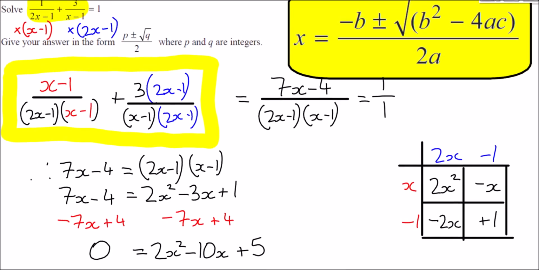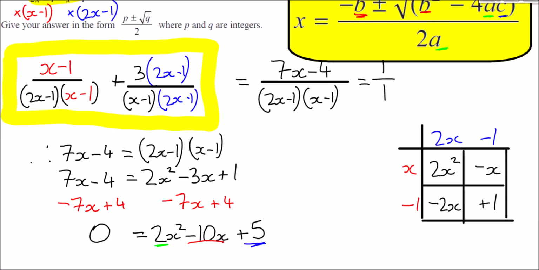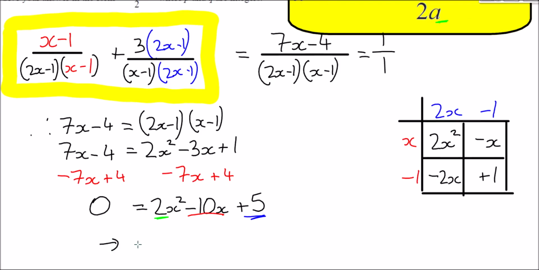So to solve this, x is minus b, where b is the number in front of the x. So the b here is minus 10. A is the coefficient of the x squared, which in our case is the 2. Of course, that b is also going to be minus 10. And c, the value at the very end, is plus 5. So just using the quadratic formula, we can say that x equals minus b, minus minus 10, which is plus 10, be very careful,